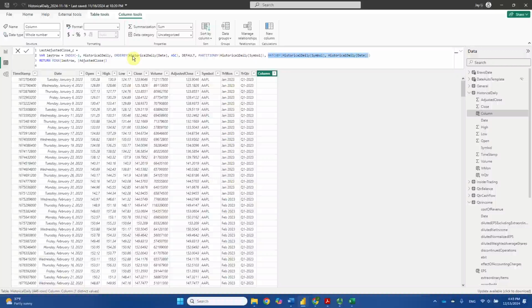Then this index function tells Power BI to partition all the rows in the historical data based on the symbol of the stock. All right. So then Apple will form a group. All the rows associated with Apple will form a group. All the rows associated with Tesla will form another group. All right. Then within each group, order by tells Power BI to order the rows based on the ascending order